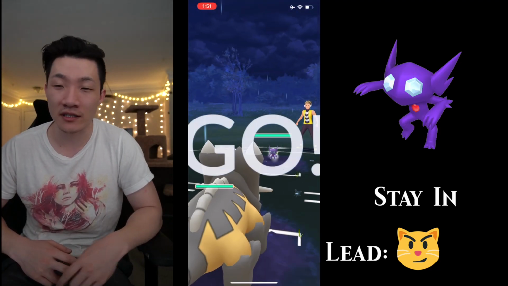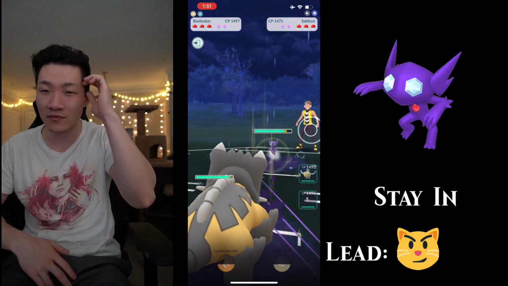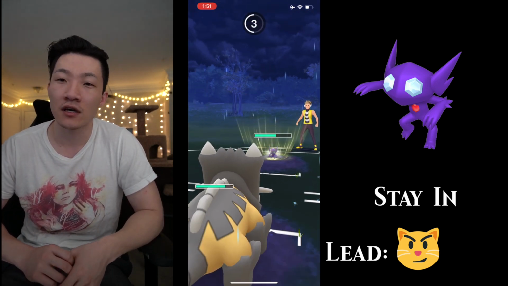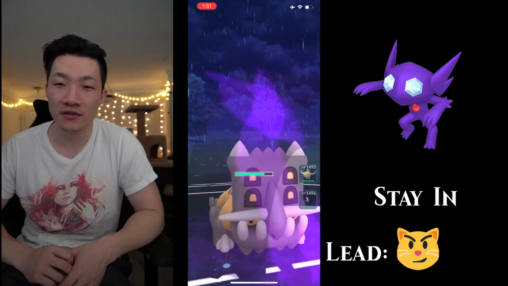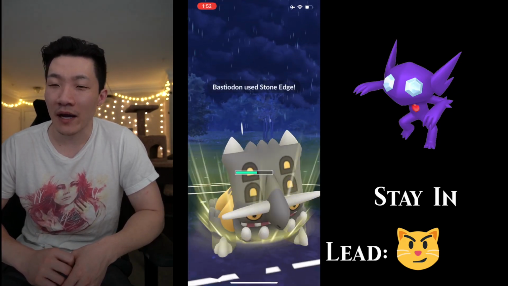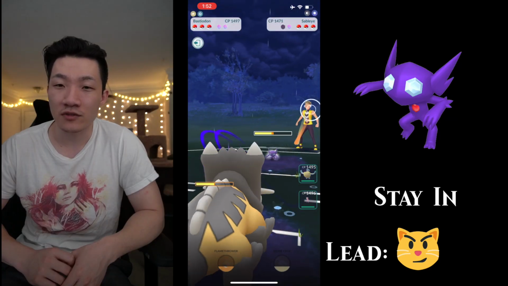Alright, Sableye lead. Sableye is a little bit rough because it actually does quite a bit against Bastiodon. It does beat Bastiodon if it invests one shield for the Stone Edge. So yeah, but the thing is, my backline's super weak to Sableye, especially Mew, so I kind of just want